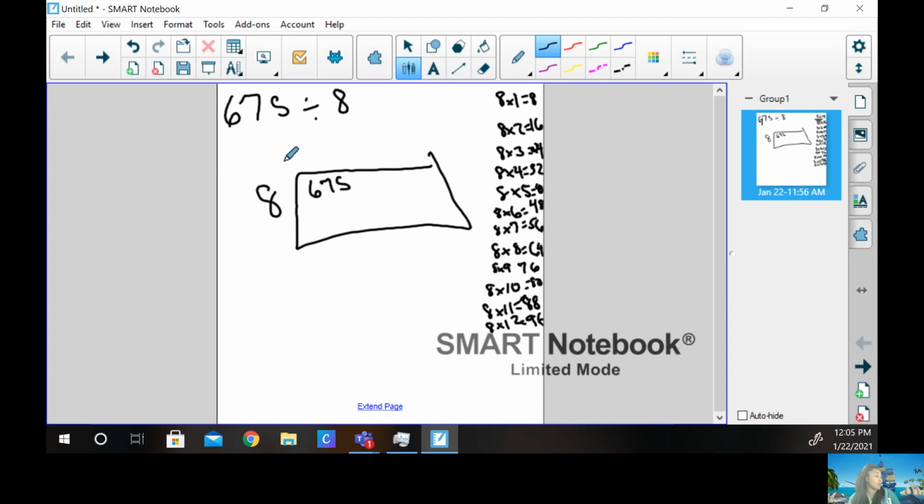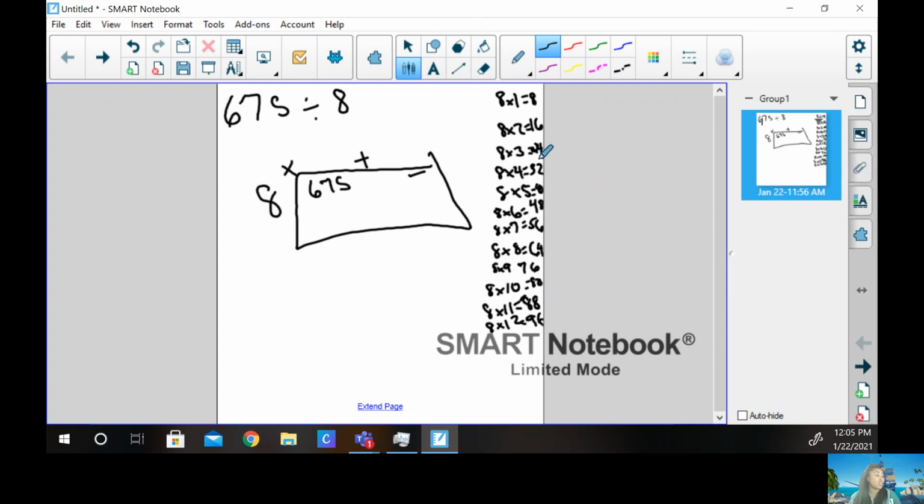And I tell them we multiply here because you multiply this side by this side. We put the addition up here because we are adding our products, and we subtract in the box. So I have them put these signs on so that way they remember what type of equation they are working on. So the first step is to see how many times I can multiply 8 to get close to